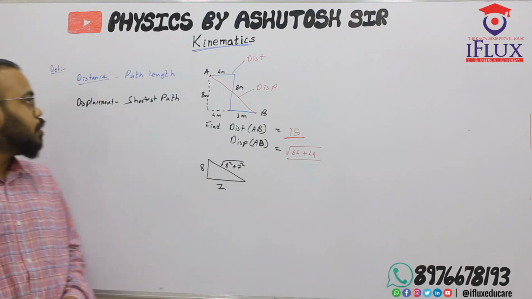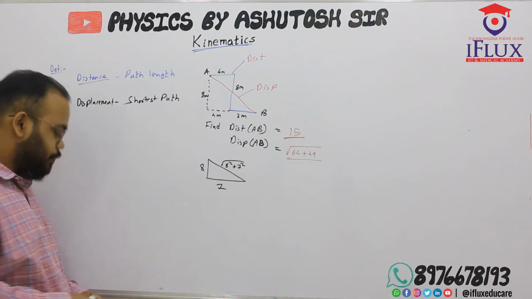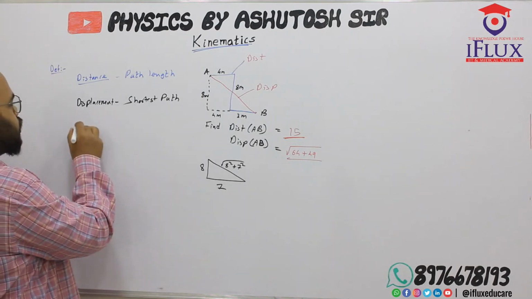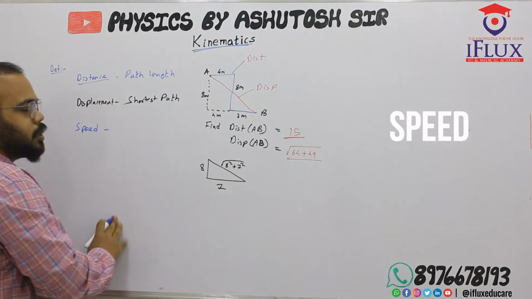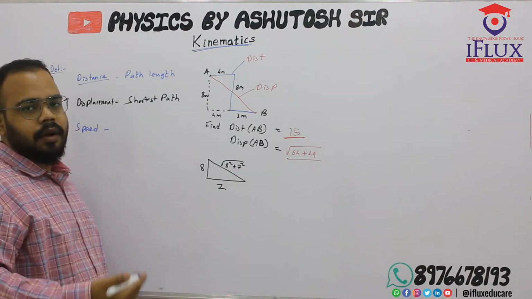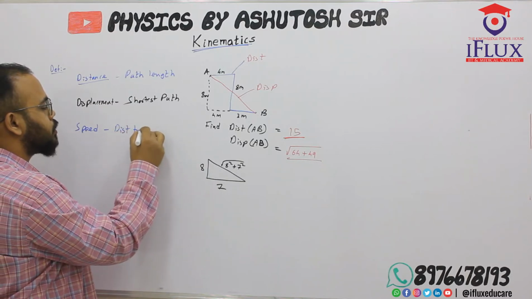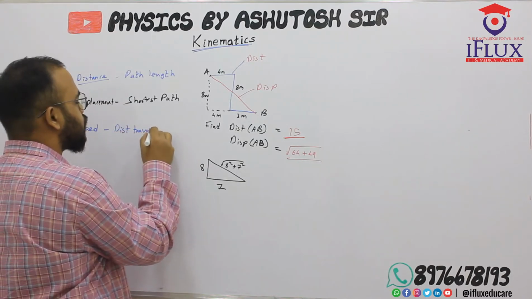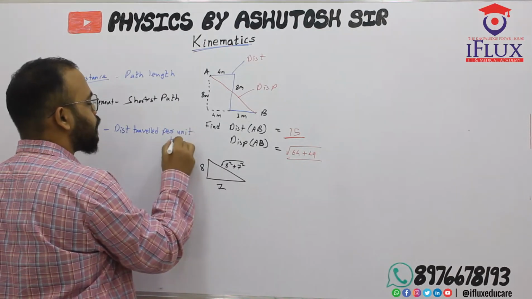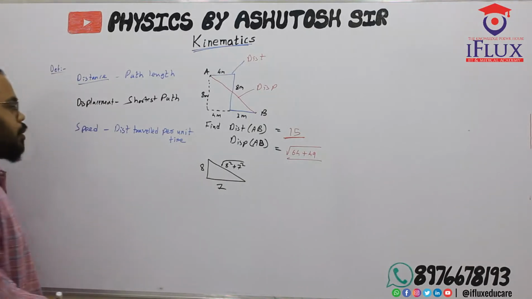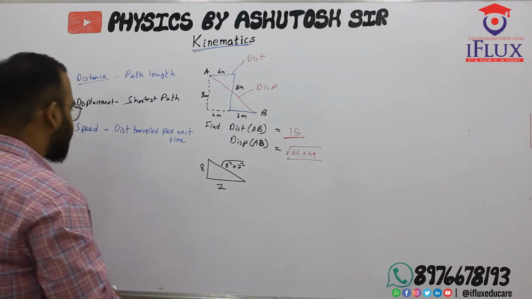Now let's move on to the third definition, which is velocity. First we can see speed. What is speed? In simple terms, speed is distance traveled per unit time. My speed will be distance traveled per unit time,